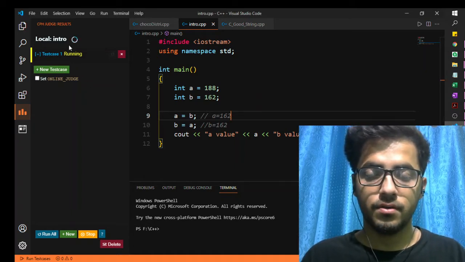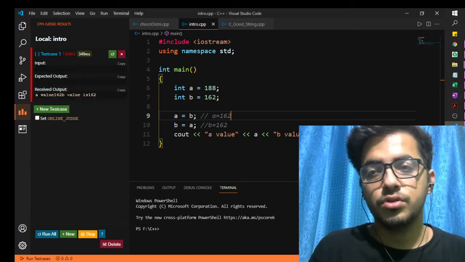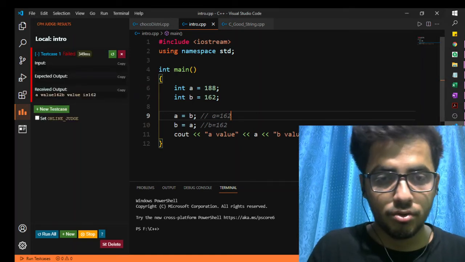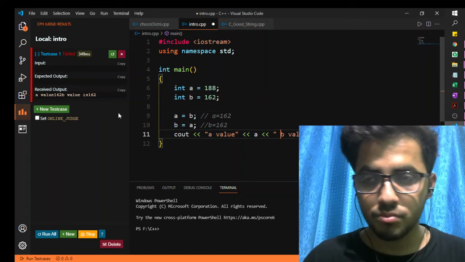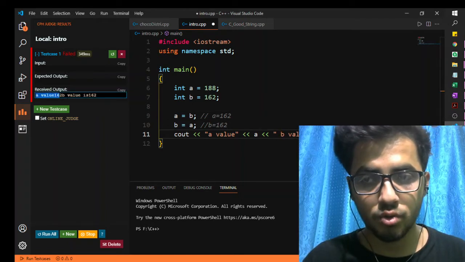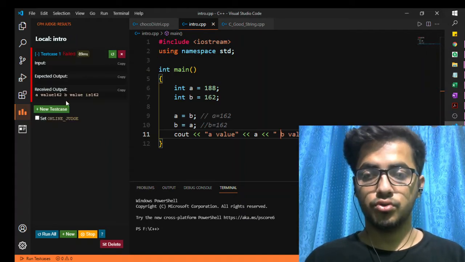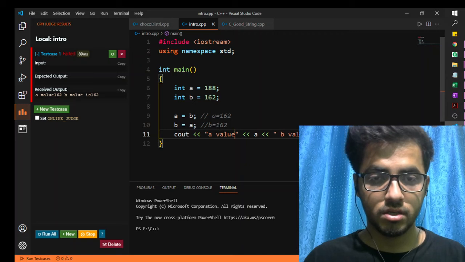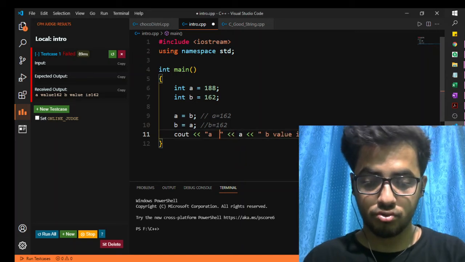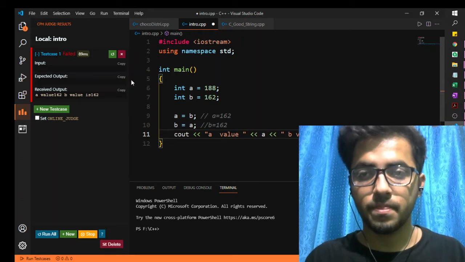And here we can also check out our outputs. Here you can look in the received output that A's value is 162 and B's value is also 162. Let me also show you by reloading it. Oh sorry, this is value.